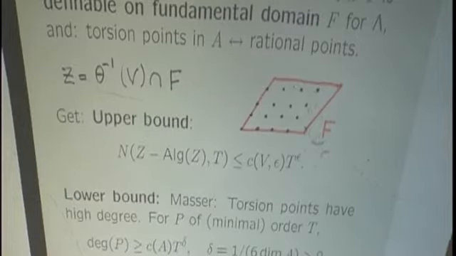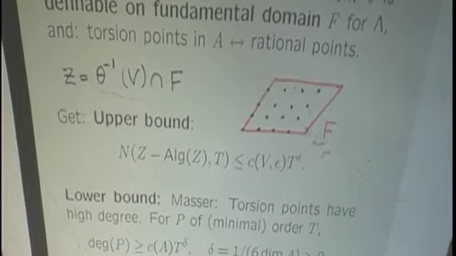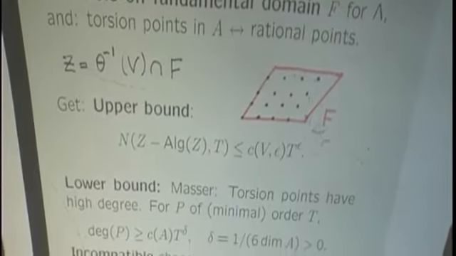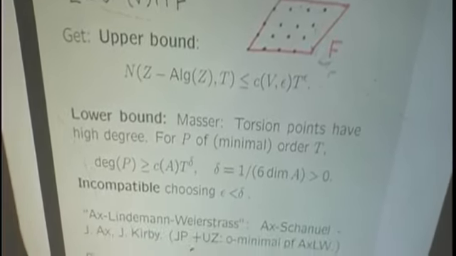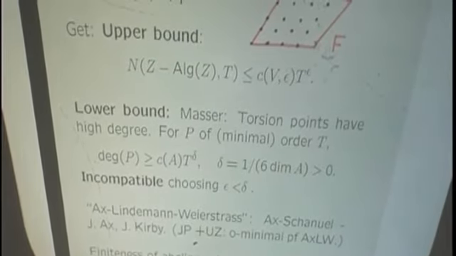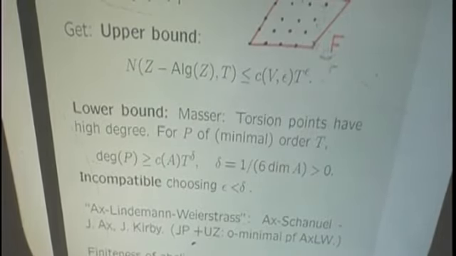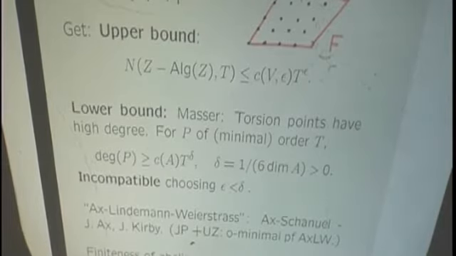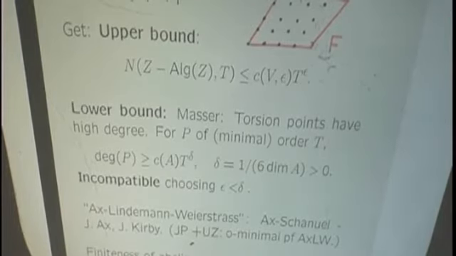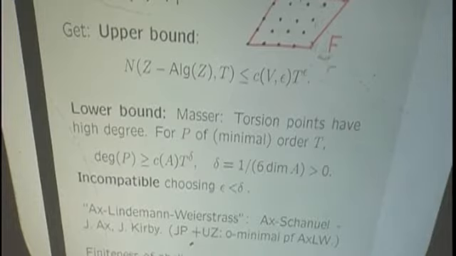And on the other hand side, again, we have a lower bound coming from Galois. So this is a particular result of Masser. I think this result has been refined in various ways in the meantime. But torsion points have high degree. And if you fix your abelian variety, then there's a constant C of A such that the degree of P is at least some positive power T to the delta of its order. And here delta, in fact, only depends on the dimension of the variety, although that